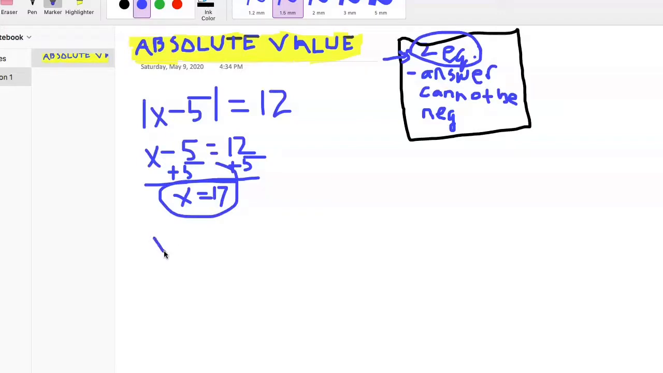And then the second one, again, we have our x minus 5, and this time we're going to make the answer negative. So now it's -12. And that's all we have to do. We add 5 to both sides, and then we have -12 plus 5 is -7. Now, if you thought -12 plus 5 is -17,